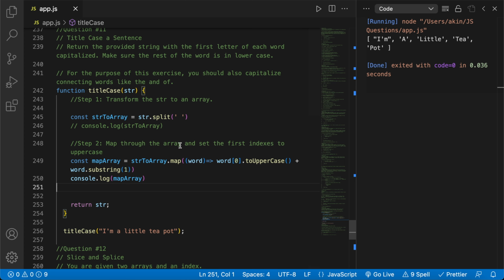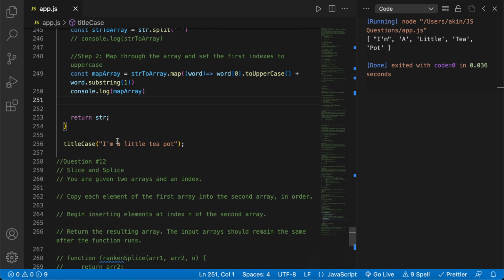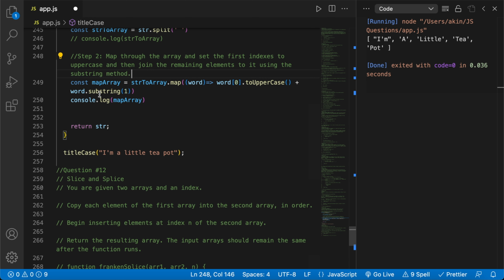So meaning we started out with index 1. When we have "I'm a little teapot", we started out with the second character, and then just took and appended everything from there onward to the word uppercase. So map to the array, set the first indexes to uppercase, and then join the remaining elements to it using the substring method. And within substring, you can take in up to two arguments, typically you can put in